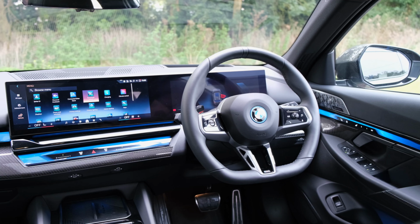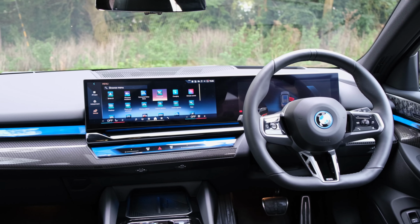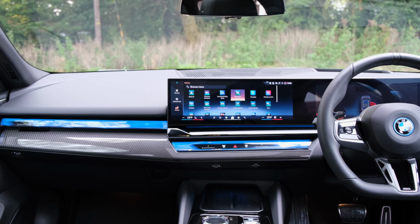Now to kick things off, we have to talk about its audio configuration. As standard on the eDrive 40 models, you'll find a 12-speaker Harman Kardon configuration that outputs 205 watts. To be more specific, you have bass speakers within the front doors, then mid-range and tweeters within each of the four doors,